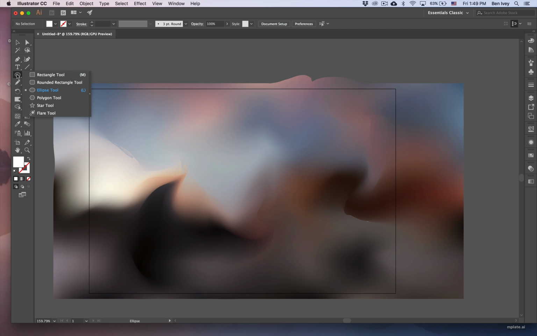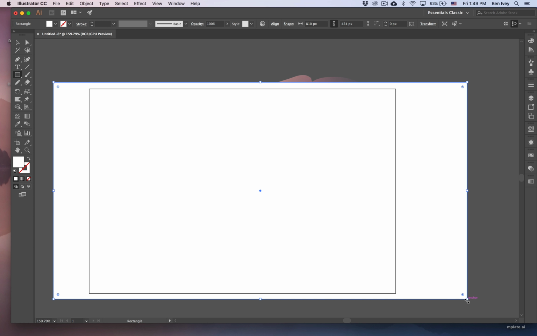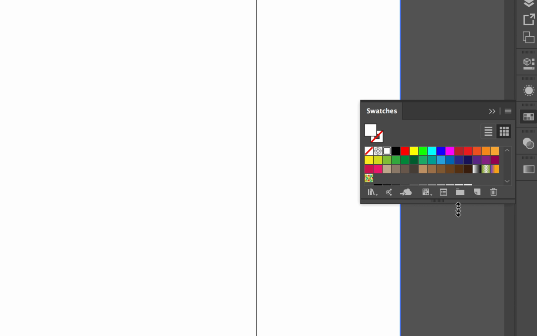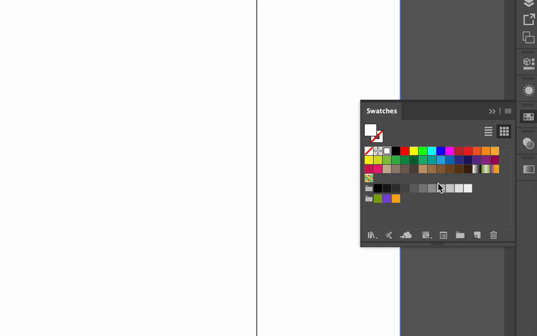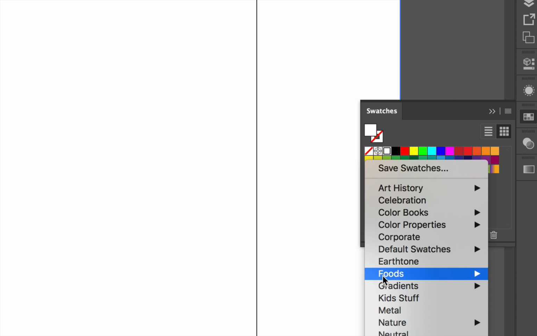Now we can grab our rectangle tool and let's create a rectangle that's on top of the entire background area. We'll set the fill color to be a gradient. So let's open up our Swatches panel. I don't see my swatch. There it is right there. Within our swatches, remember, if we want to find more pre-made swatches, we can go to our swatch library and